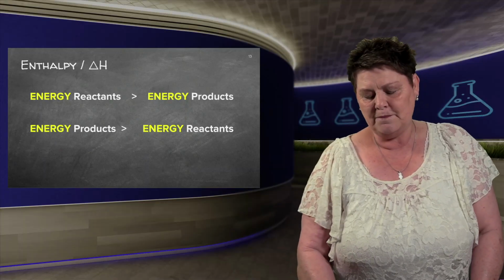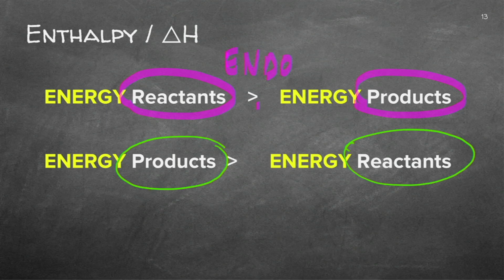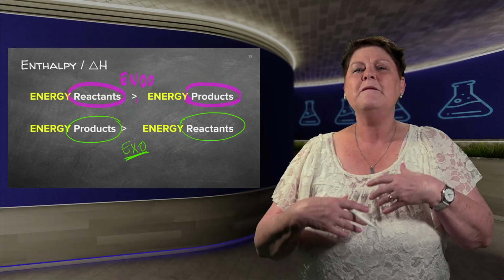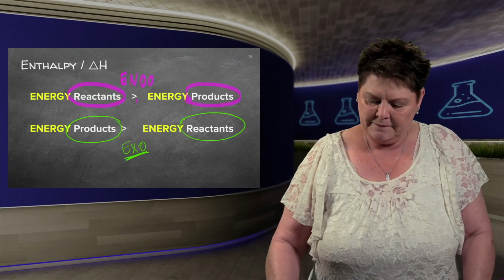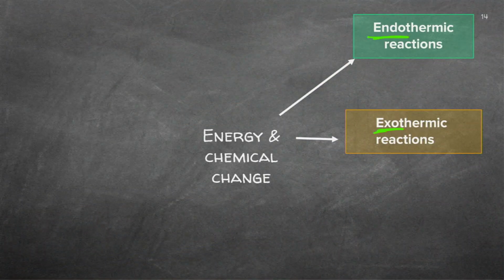So, guys, you need to know, if the reactants have more than the products, it's an endothermic reaction. If the products on the other side are greater than the reactants, it's an exothermic reaction. That makes sense. More released, exit, giving away; endo, putting in. So you need to be able to define endo and exothermic, and you've got an idea now. This is a greater release, and this is a greater gain.